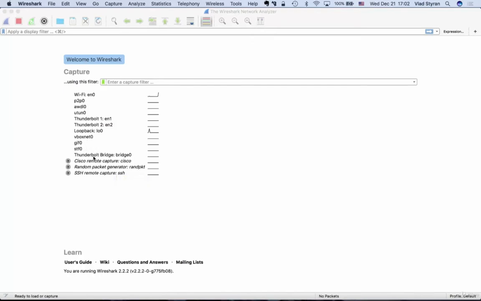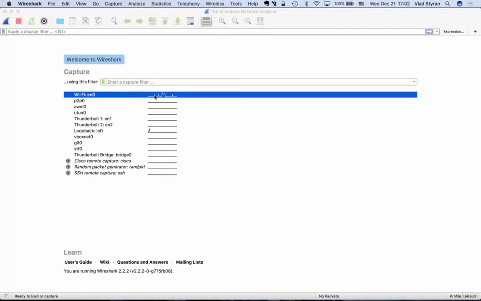If I had a local host-only network on my VirtualBox right now being active, it would generate some traffic here. There are also ways for more exotic things, like generating some traffic using a random packet generator, or using remote SSH capture or remote Cisco capture. So these are more specific things. We won't discuss it here. For now, let's select only this